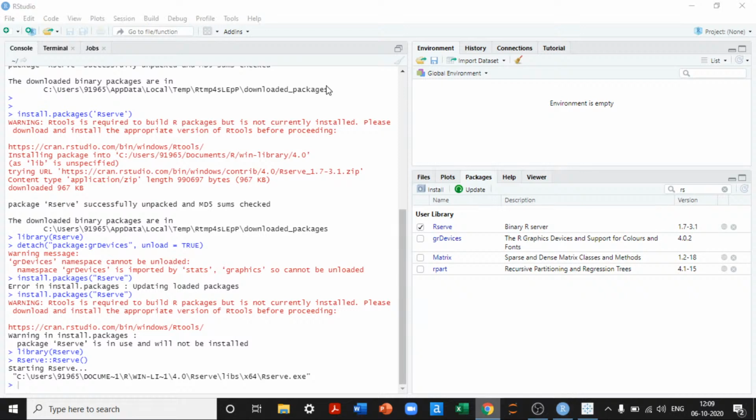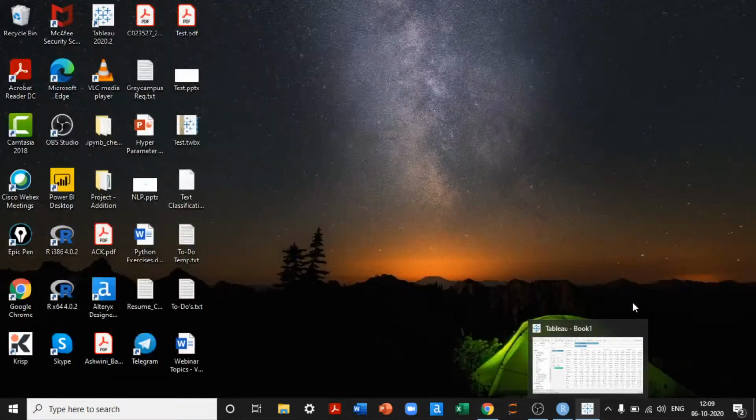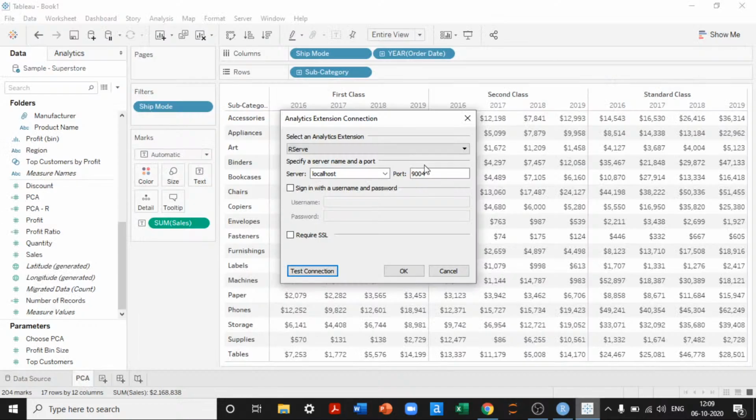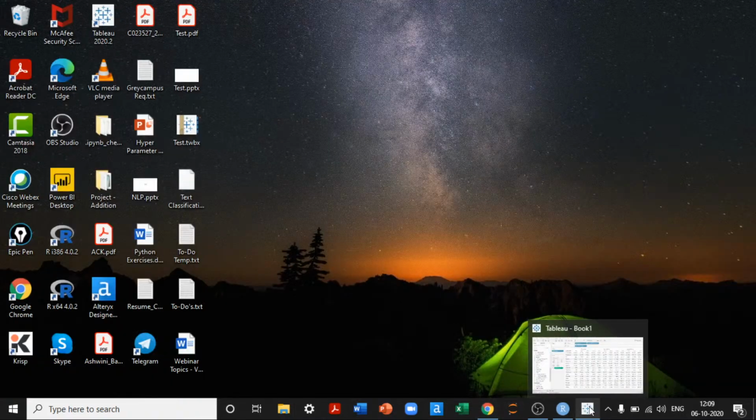I think I have to change the port number. Let me just check the port number. The default port for our server for all the local computers is given in the screenshot. It is 6311. Yes, I'll choose 6311